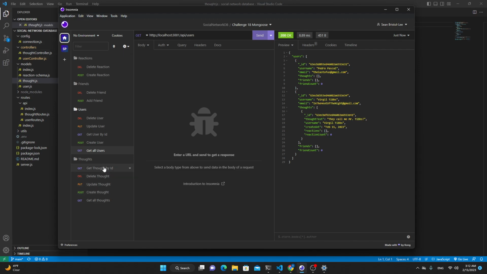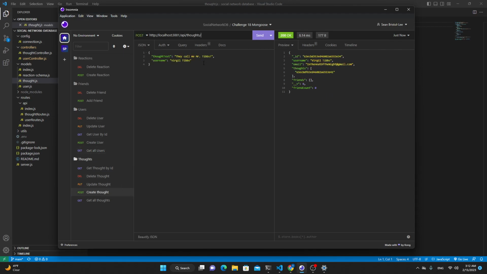Let's get the thought by ID just to show that we can. Well, maybe we should create another one just to show that we can get the thought created by ID. So let's create a new thought. This time we'll do one for Pedro Pascal. I'm just going to copy his name here just to make sure. So we're going to create thought. Paste that into here. Let's change the text. We'll change it to